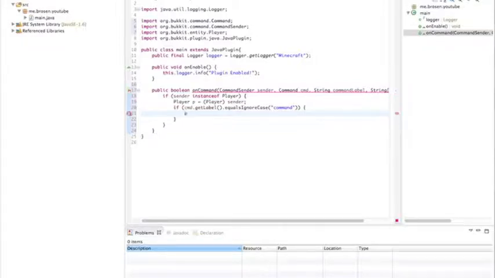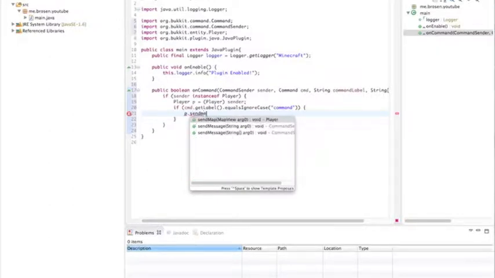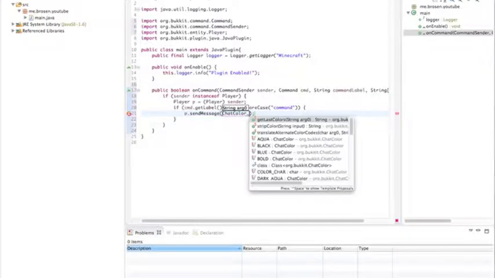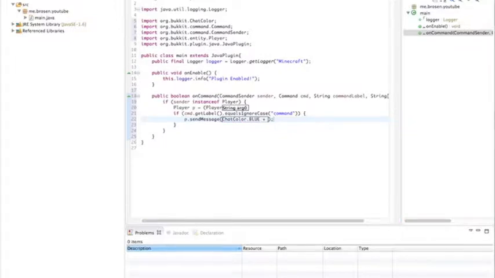Then you're going to reference the player, which we made above, p dot send message. What should we make it say? Let's make it say some chat colors. Chat color. So this is just the color of the chat. So let's make it blue, because I like blue. Hello world. All right. Should we do something else? Yeah. P dot